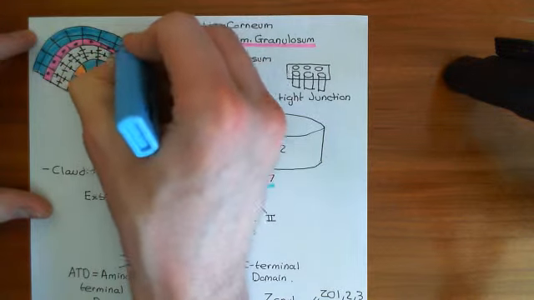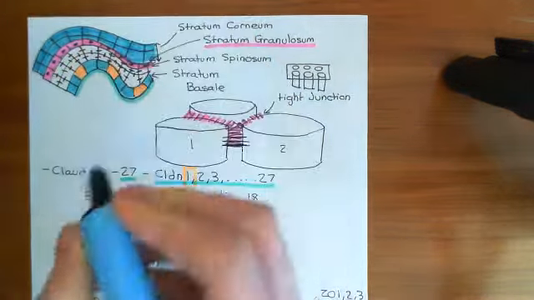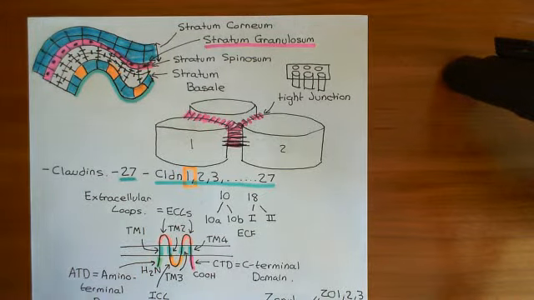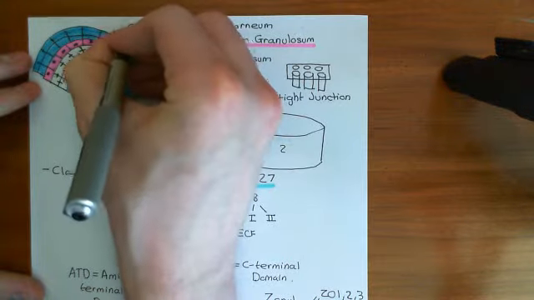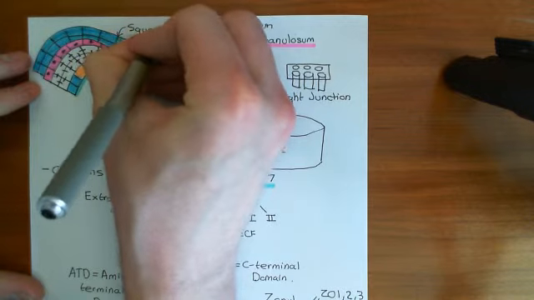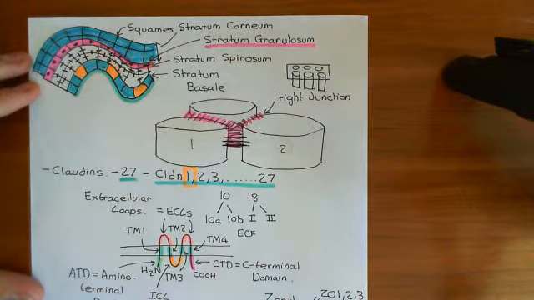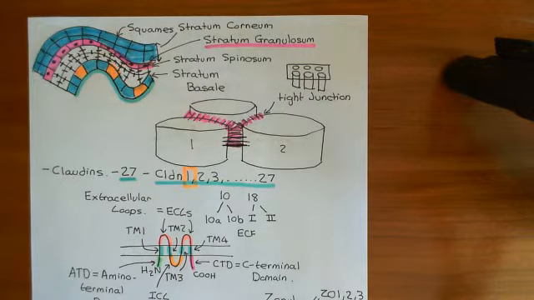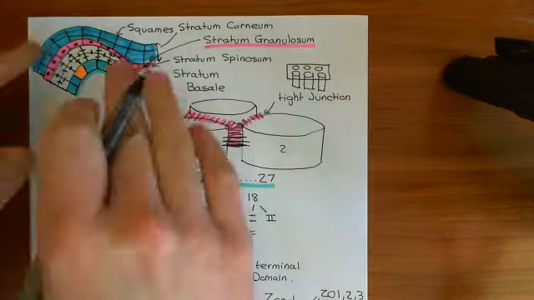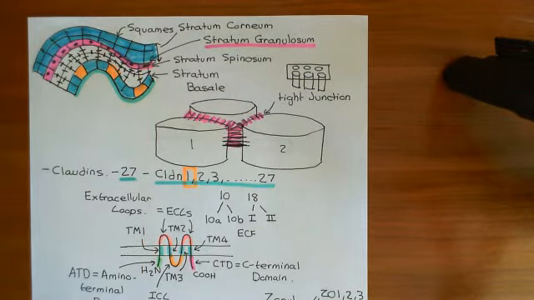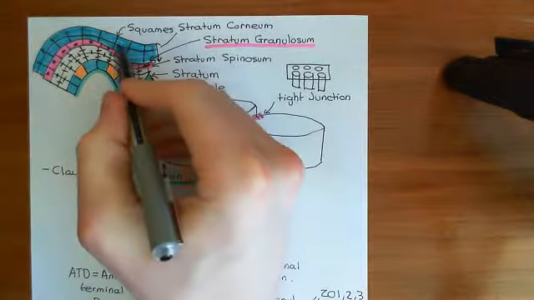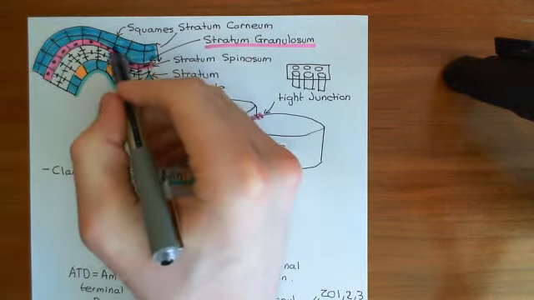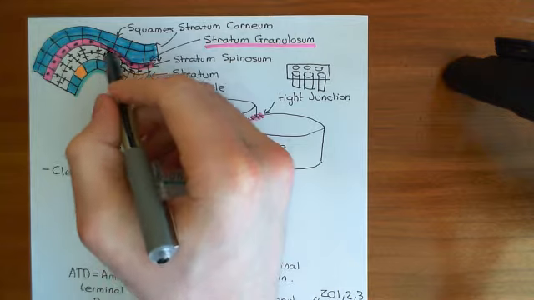These are the cells which are going to be shed off the epidermis now. These cells are often known as squames, which is just another word for scales, basically. So this is the outermost layer of the epidermis, and its role is just to protect the under layers of the epidermis. It's the outermost layer that we can actually see, and its role is in protection. Gradually these squames will be shed, so that's why it's important that we're continuously making new